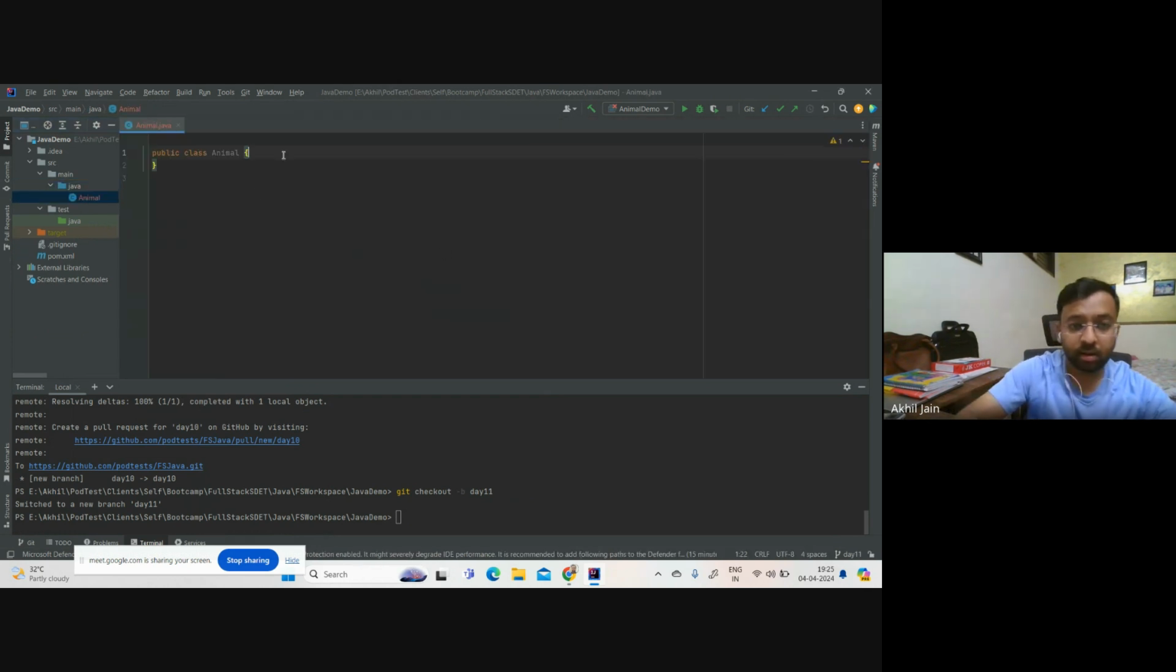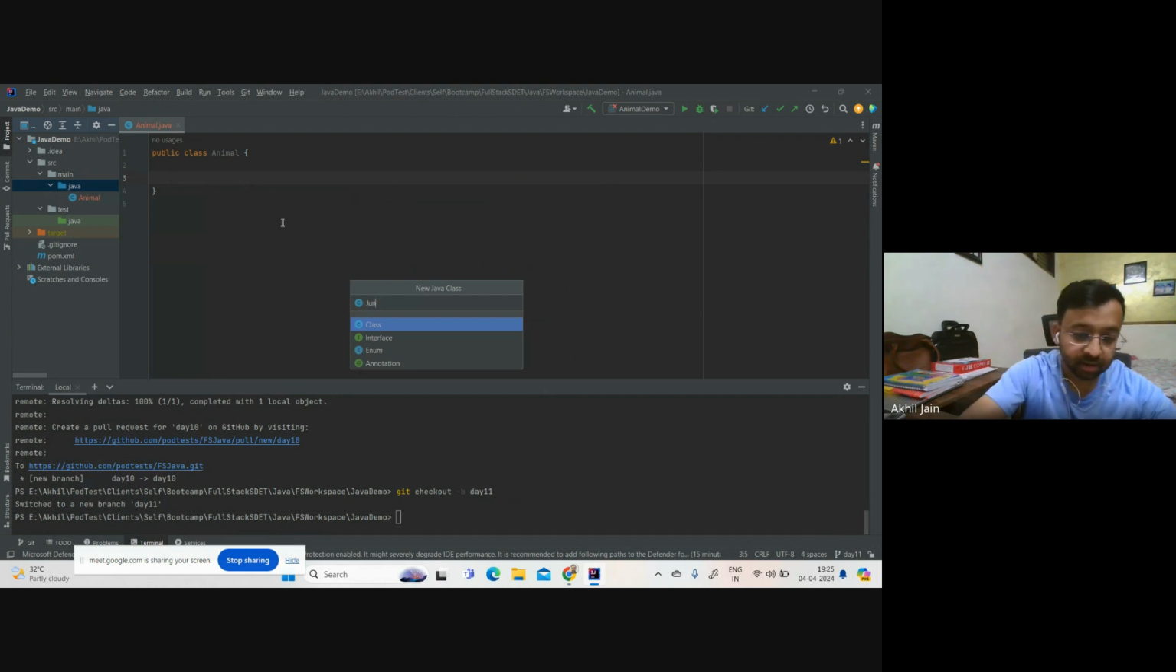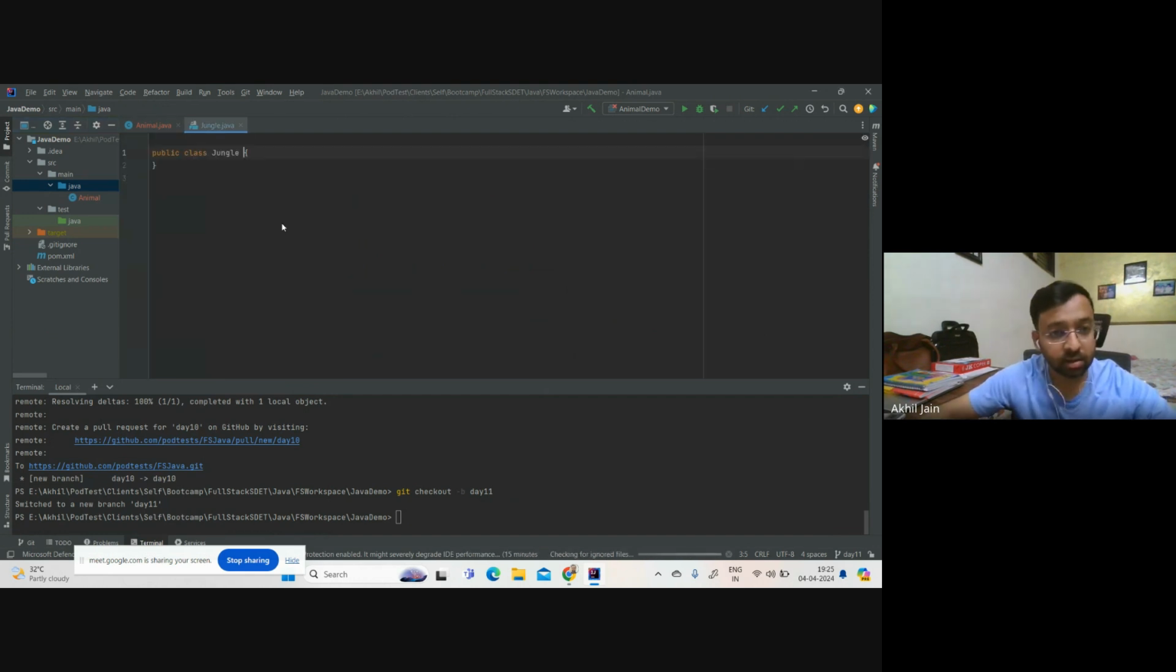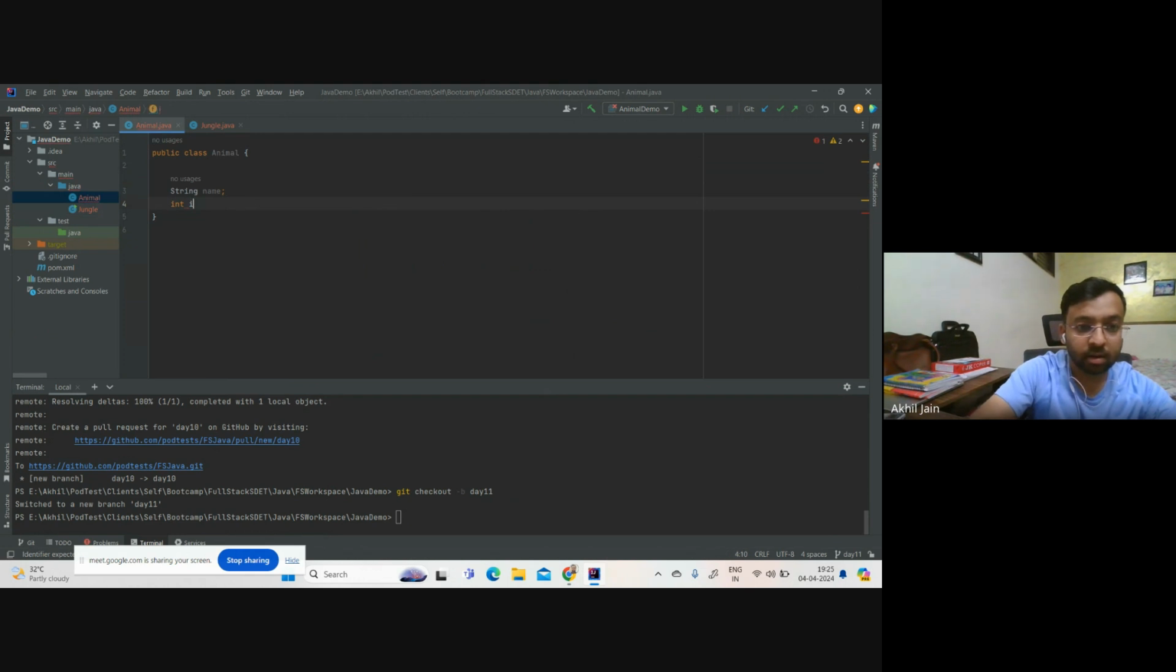right? And here, let me also create one jungle class. And inside the jungle class, I will have my main method. And what I'll do is, let me have some variables here: string name, int id here, and let me create one method, public void get details,